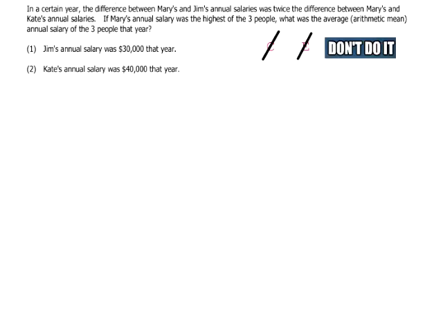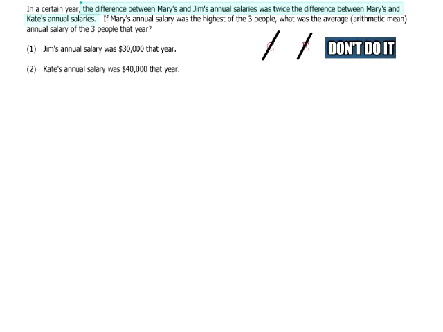All right. Let's talk about this thing. So the difference between Mary's and Jim's annual salaries is, so this problem, the one annoying thing in this problem